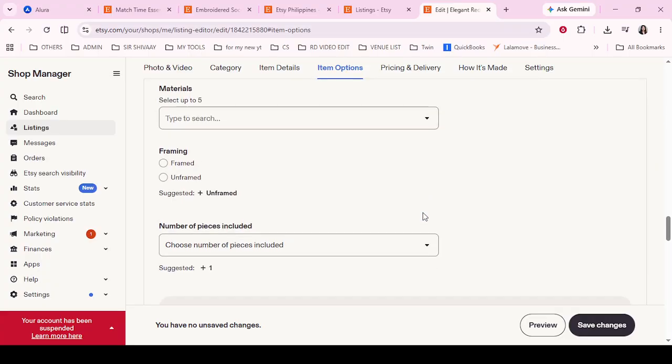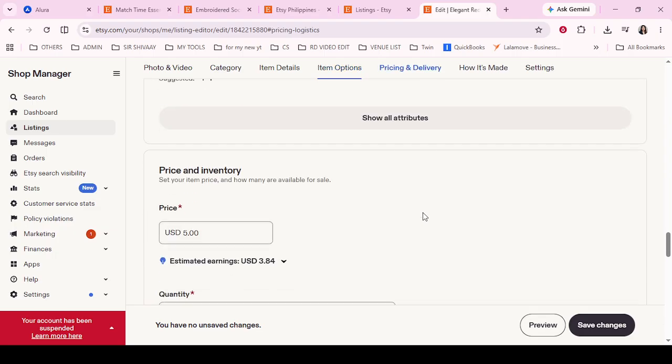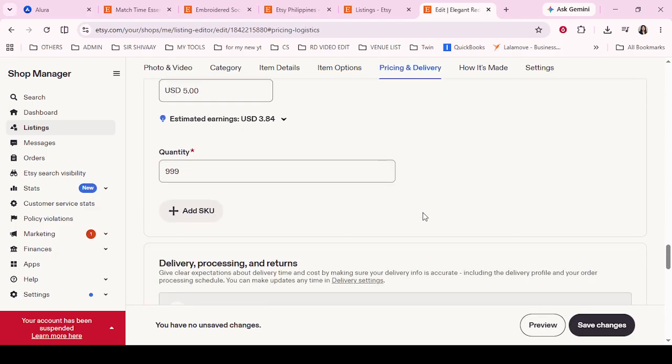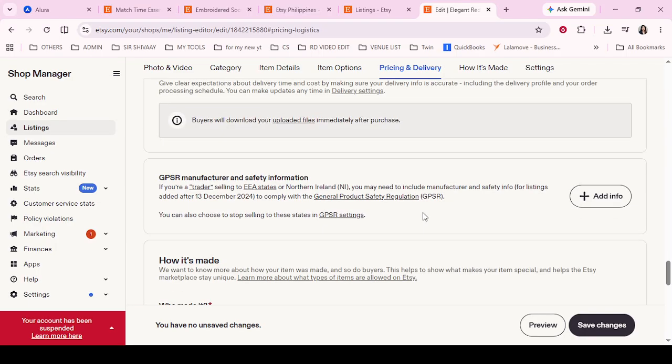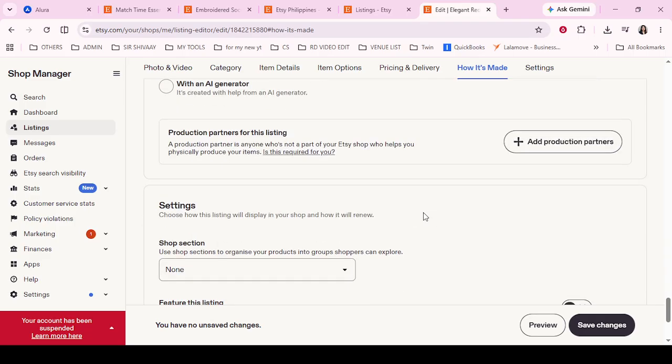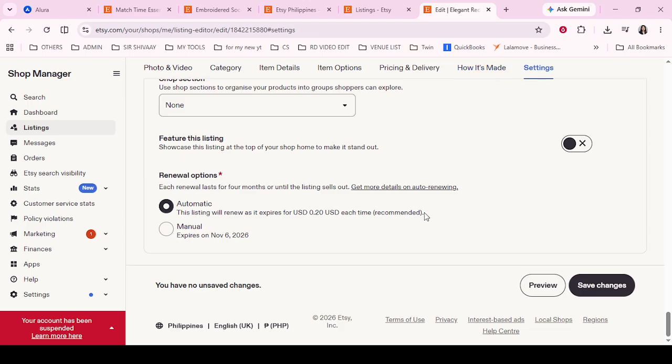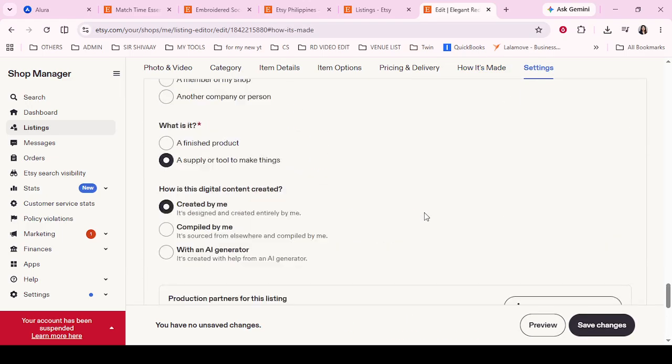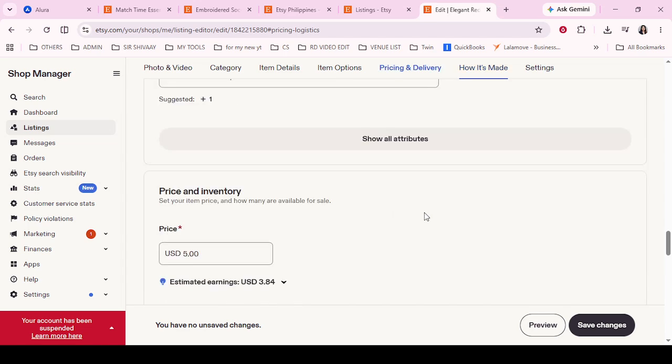Now click into the SKU text field and type in a unique systematic code. For example, you might use something like VNTG Chartier 1. The important thing is that the code follows a clear structure that makes sense for your business. Many sellers use abbreviations for product type, category, material, or sequence number. Whatever format you choose, try to keep it consistent across all of your listings so it's easy to search, sort,